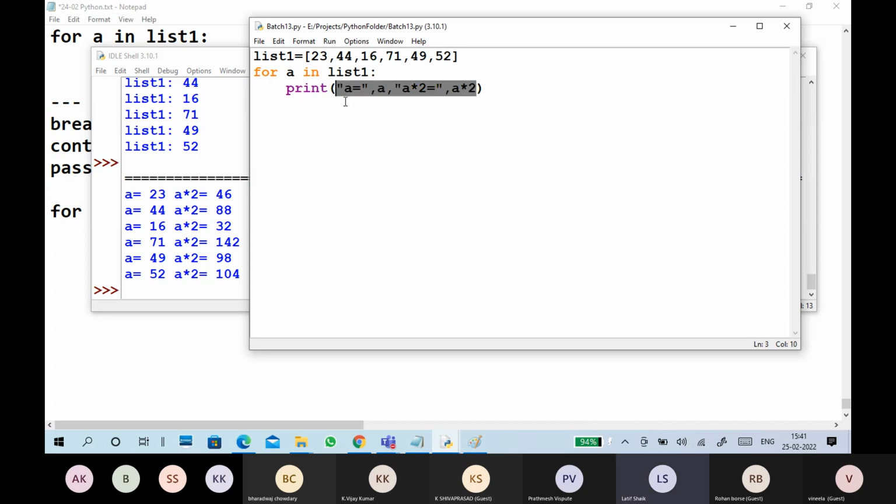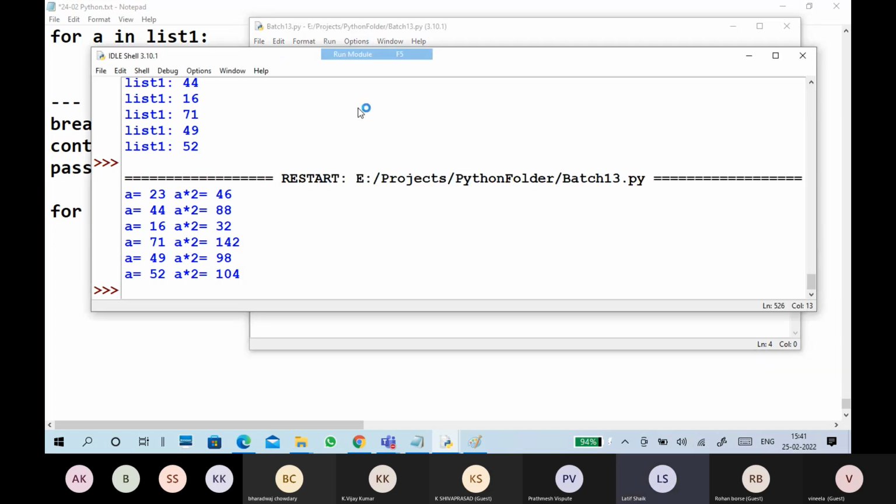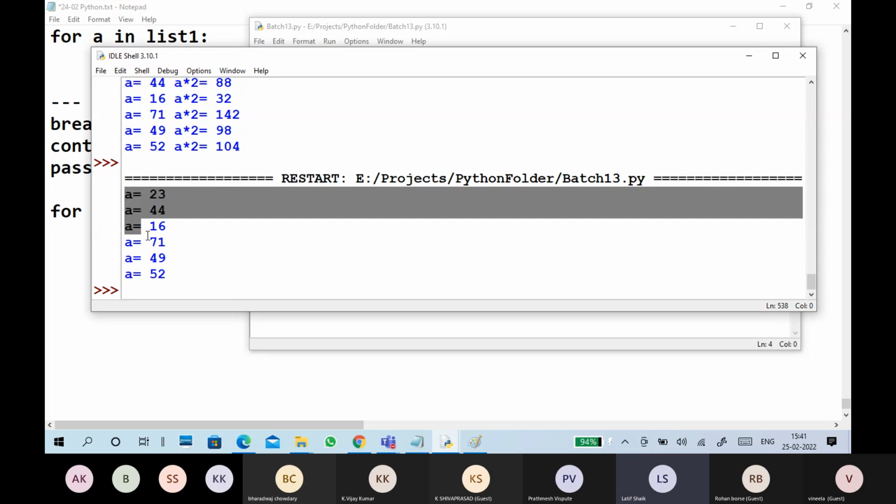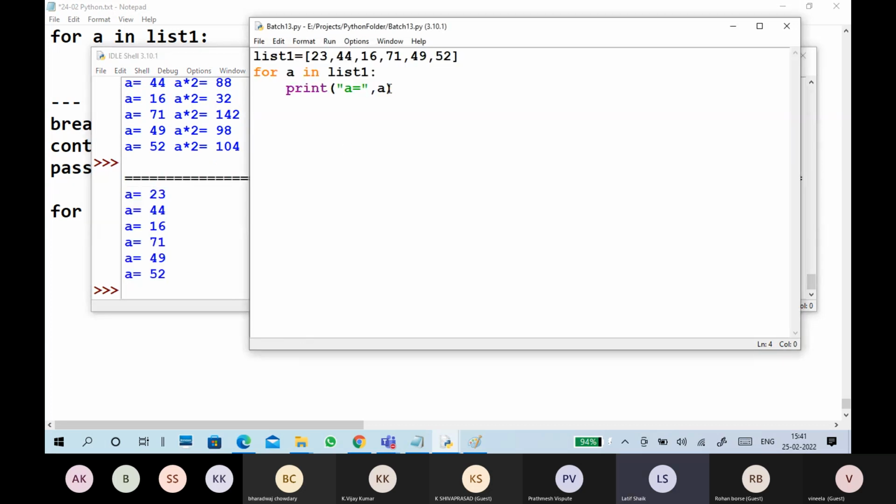For example, same output. Okay, a small change, save, execute. Can you see? The a output is given. What I'm going to do is: if a is equal to 16, break.